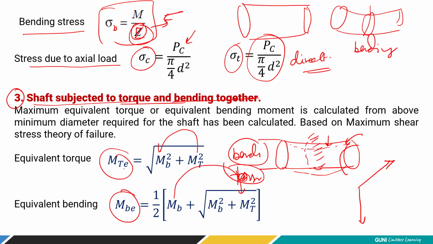So from this, if it is torque, we are going to compare it with pi by 16 d raised to cube into tau, right? But with this, we are going to consider sigma b into Z, right? So from both situations, we are going to find the diameter, two diameters. Whichever is higher, that you have to select as the answer, right? Because here both conditions prevail, one is bending, one is torque, right? So the shaft is subjected to two types of stresses, bending stresses as well as torsional shear stresses. So we need to find out the equivalent torque and the equivalent bending moment. So effect of one stress on another.